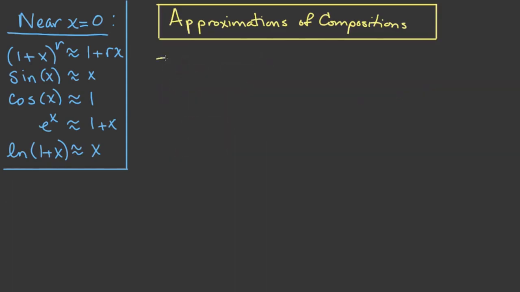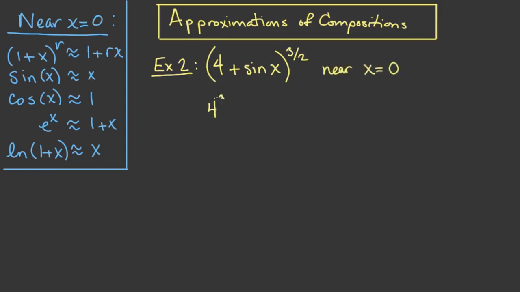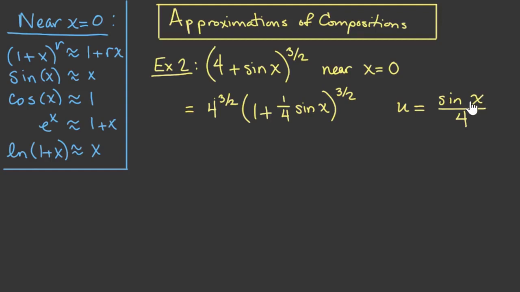Let's consider another example. This is example 2. We'll look at the function (4 plus sine x) to the 3/2 power. First, we need to get this in standard form. So I'm going to pull out the 4 to get 4 to the 3/2 times the quantity (1 plus 1/4 sine x) raised to the 3/2 power. Now I'm going to substitute u equal to sine x over 4. And we can see that when x is near 0, u is also near 0,